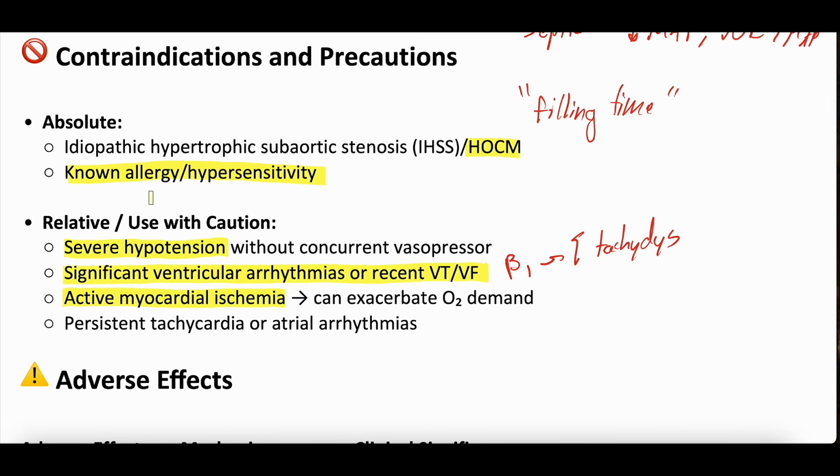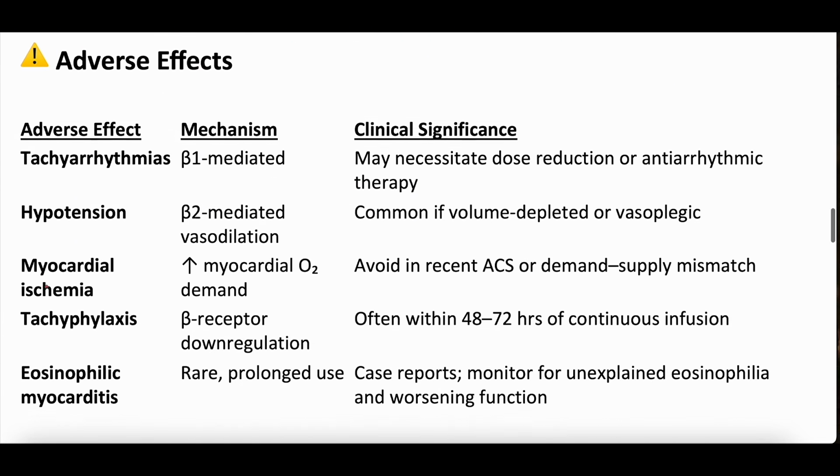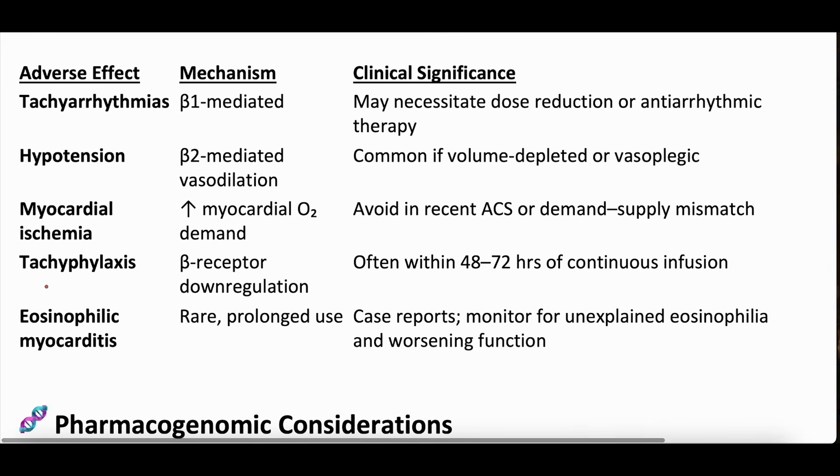All right, and then persistent tachycardia and atrial arrhythmia, similar to the ventricular arrhythmias that we talked about above. Adverse effects of dobutamine, as can be surmised from what we were just talking about: dobutamine can cause tachyarrhythmias. It's through that beta-1 mediated effect that increases inotropy and chronotropy, or heart rate. And this is one of the big barriers. Sometimes you have these really tough cases where patients in cardiogenic shock need an inotrope like dobutamine to increase their cardiac output